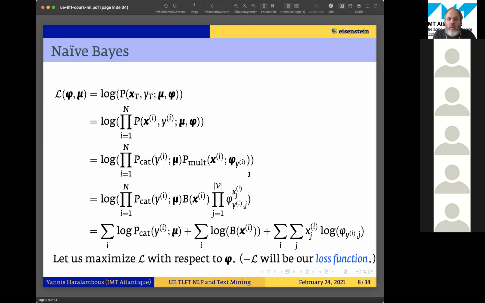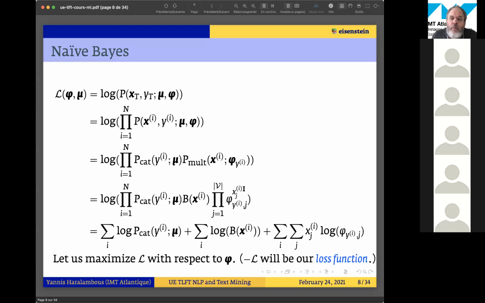So intuitively, if I know that I have a word which has a probability, and I know that all word occurrences are independent, this is a hypothesis, then having the word twice will have the probability of having the word times the same, so times again the probability of having the word. It's the square of the probability of having the single word, and so on. So having the word n times is the probability of having it once to the power n.